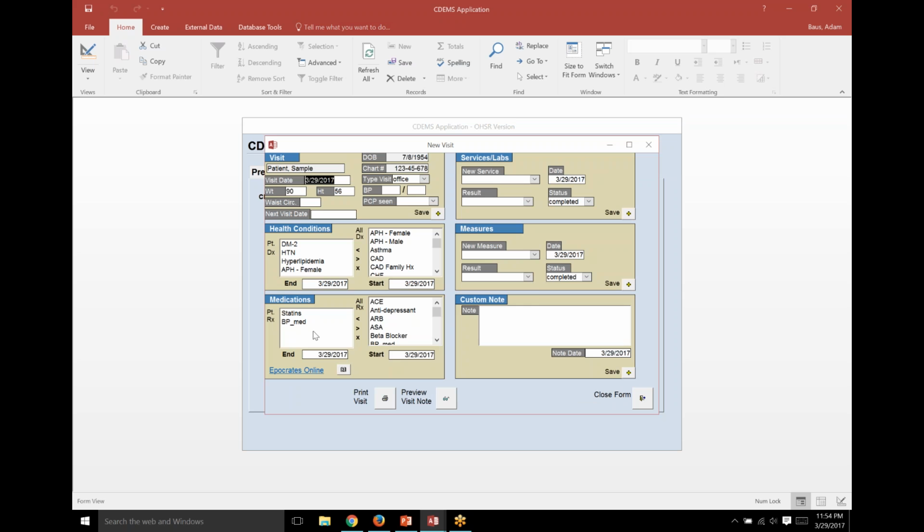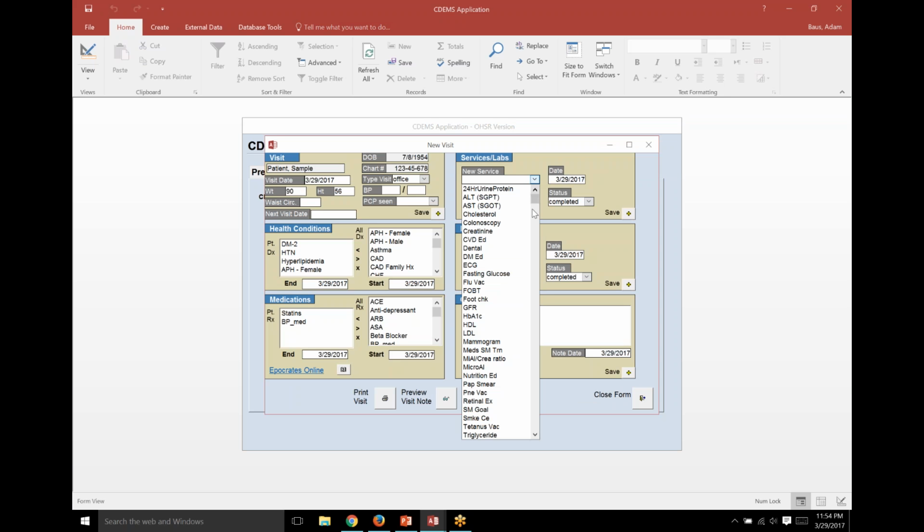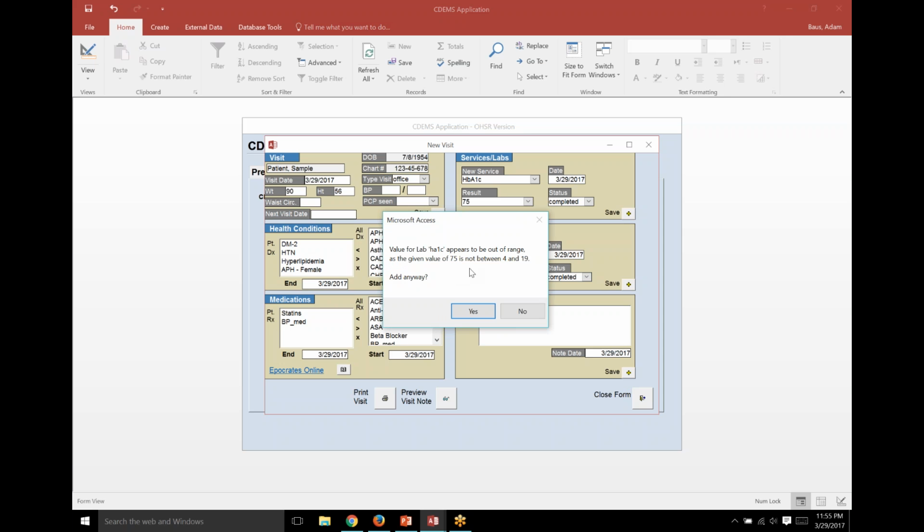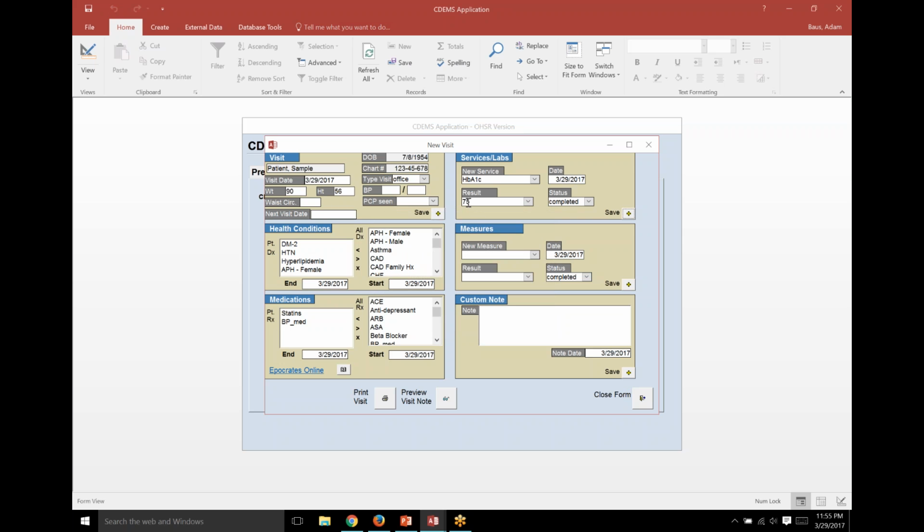So about the data entry. If we're entering HbA1c data, again, in the result, we try to enter 7.5, but accidentally type in 75. When you go to save it, you can see it asks you to pause for a second. 75 is not between 4 and 19. So here are the new ranges that we entered just a few minutes ago. And you can add it anyway if you say yes, but if you say no, you get a chance to go back,